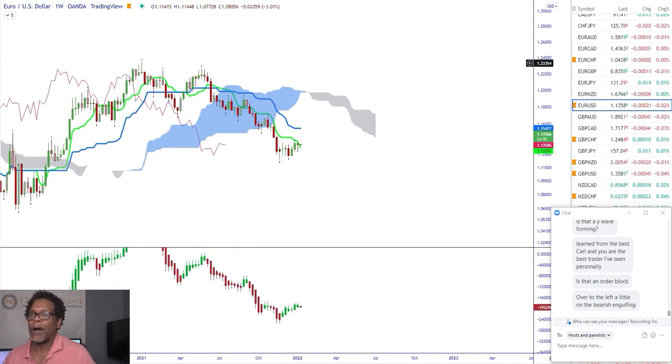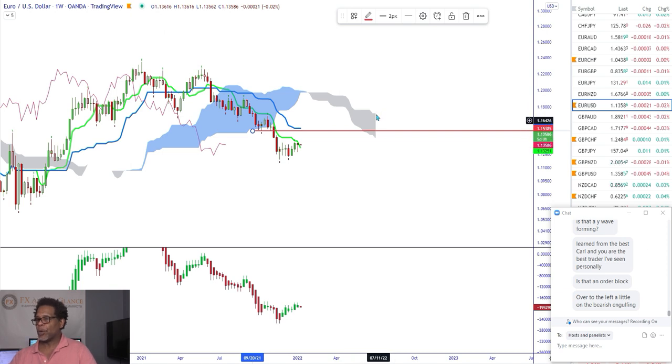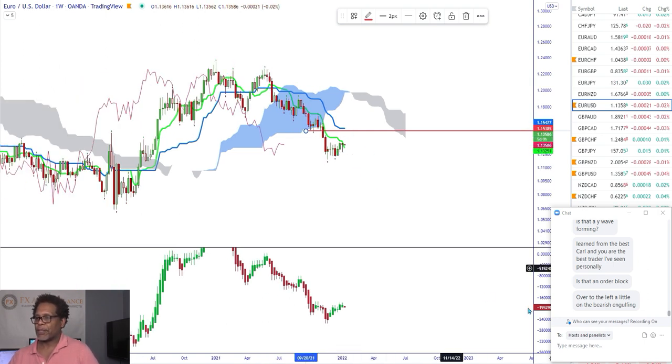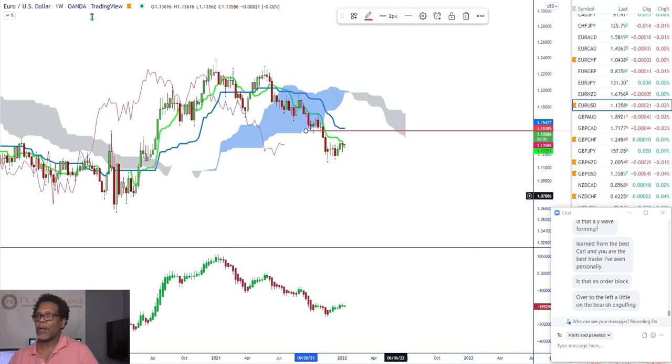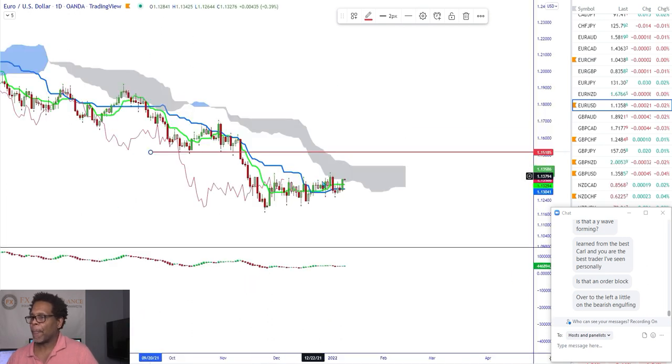So if we're going to move higher on the weekly, we're going to look for it to push up to this level. If it's going to push higher. We're not really thick and we're kind of like bouncing off of Tenkan-sen. Nice angulation. I want to see a little bit of angulation on Kijun-sen. I think we're still pretty bearish. And I like the downside move. Let's go to the daily, see what we got.